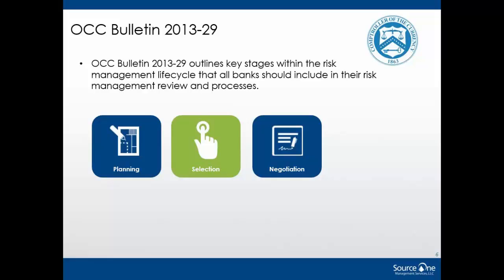Negotiation: ensuring that the contract is clear in terms of responsibilities for each party, and in many cases, looking for evidence of board approval when a third party is contracted to manage a critical activity for the bank. The fourth one is monitoring: monitoring the third-party relationship throughout the life cycle. What activities are they doing, how are they performing those activities, are service level agreements being met, are key performance indicators being monitored and met.